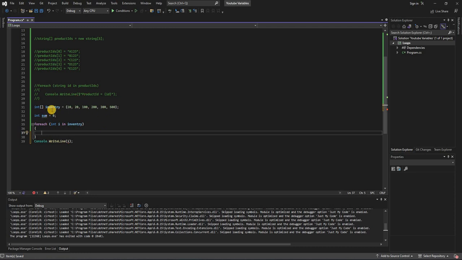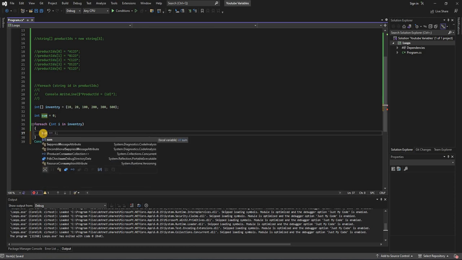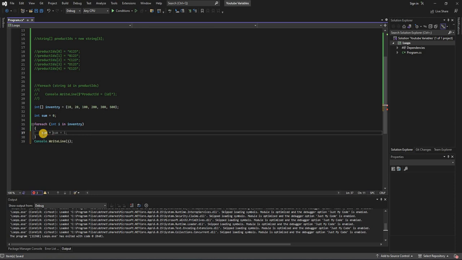Likewise we need to add. So the best way to do it is to go through these values using the array. So I'll write like this: sum equals sum plus